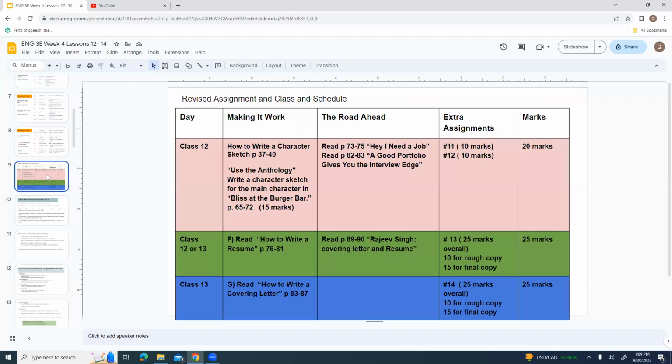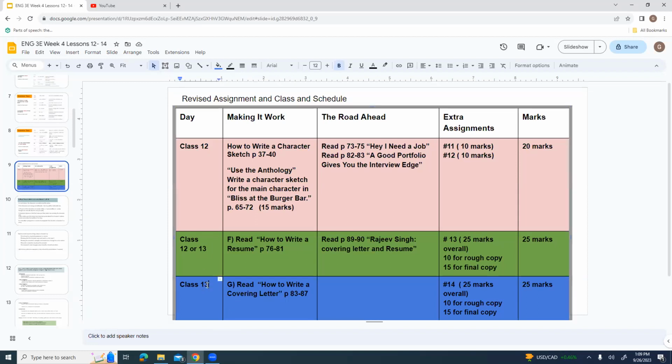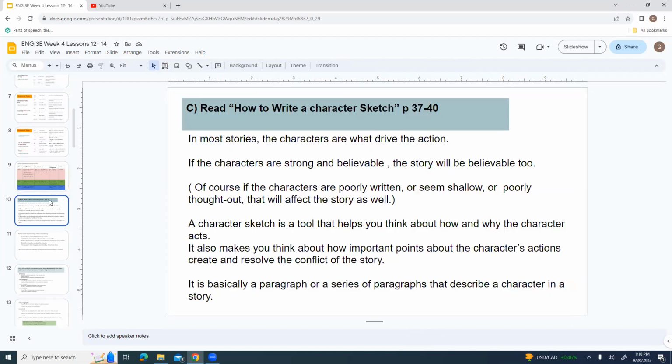All right. So we have three more classes left for this unit. Today is class 12, and we should kind of get through all of this stuff for class 12. And then you've got class 13, and 14, sorry, I apologize. Anyways, if you get finished this stuff quickly, just go on to some of the next stuff, right?